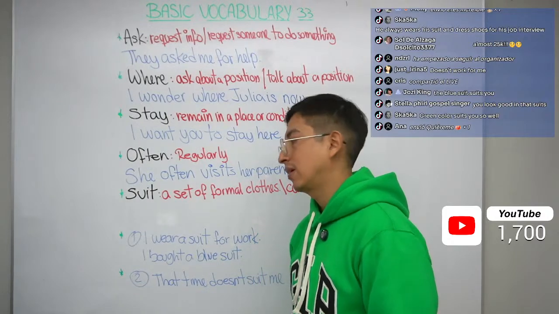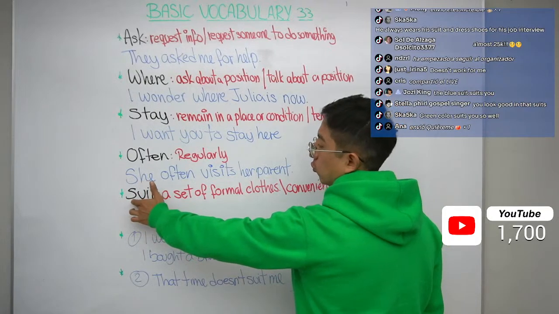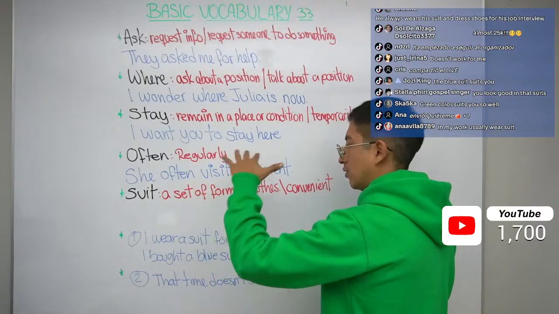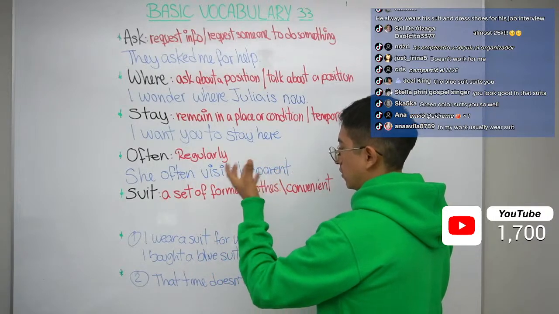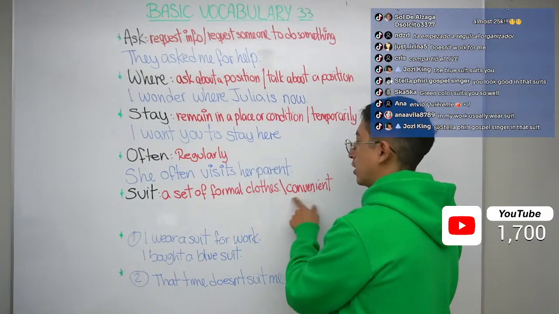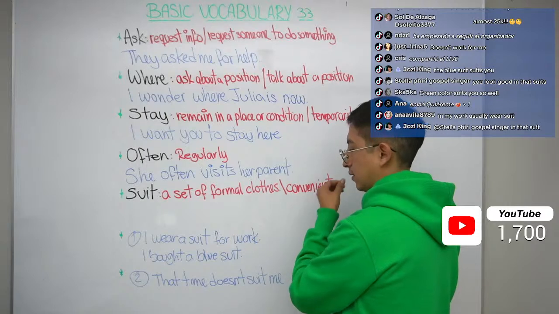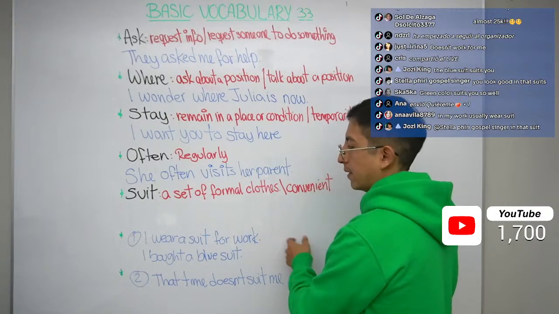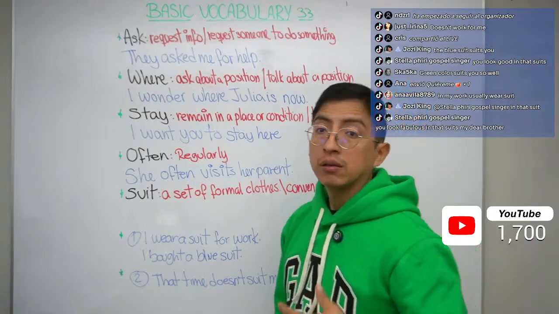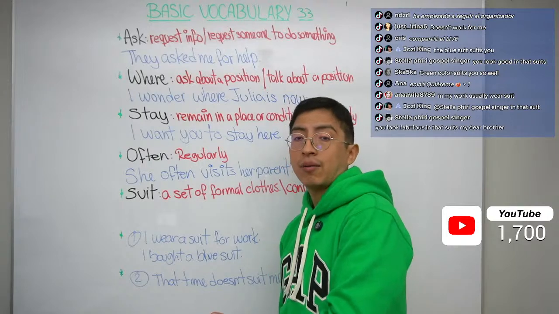Yes, that's it. A eso le llamamos suit. Suit. ¿Ok? No es solamente una pieza, estamos hablando de estos dos: conjunto, saco y pantalón de vestir. Y en el otro caso, suit también significa que algo es conveniente. ¿Ya? Vamos entonces con la primera. I wear a suit for work. Yo visto o yo llevo traje o uso traje para el trabajo.